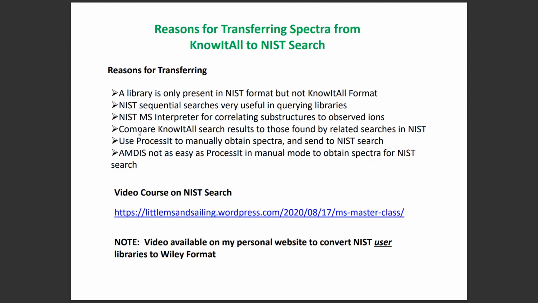And that's much like using one browser to search for a topic and then switching to another one to see if more useful or other results can be obtained. So in one case, one search result might yield a little bit more information or a little different information that might be useful. One can also use processes to manually obtain spectra and send them to NIST for searches. And in my opinion, AMDIS is just not as easy as KnowItAll Process It in manual mode to obtain spectra